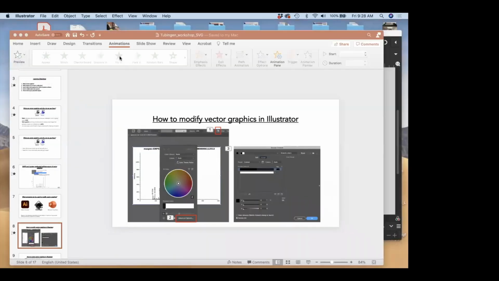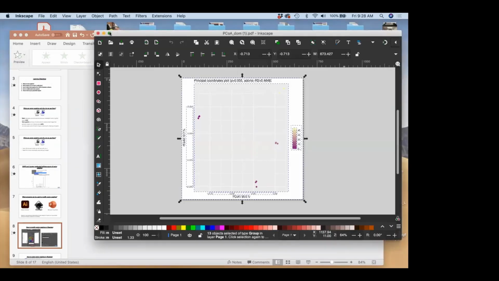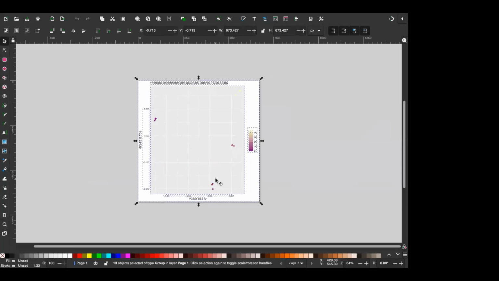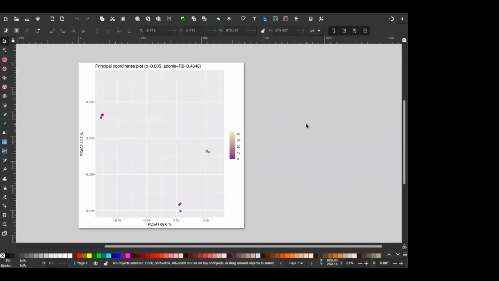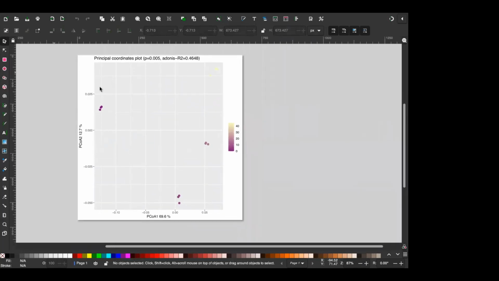Now, in Inkscape, we can do similar manipulations. So here I have the principal coordinate plot that we made yesterday. I will say I'm less of an Inkscape expert, but I think there are instructors in the room who are typical Inkscape users. I know Kai is one. But here's our Inkscape image. Then we can basically go in and